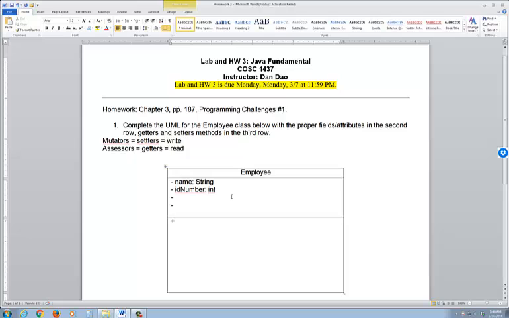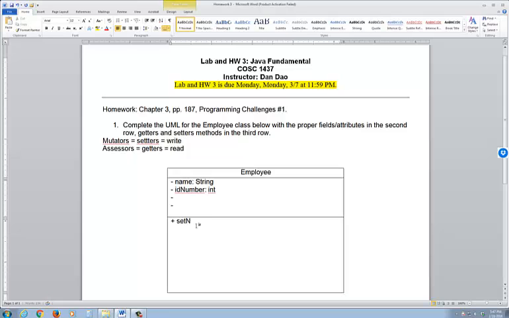Now you have four fields. I'm going to do all four setters, meaning I want four methods to write to four fields, and then I'm going to do four getters. That makes a total of 8 methods in all that go in here. I'm going to do the first couple so you can get the hang of it. The first one is going to be public, right? So what do you do for a public method? You do public